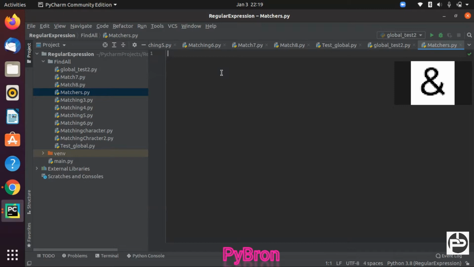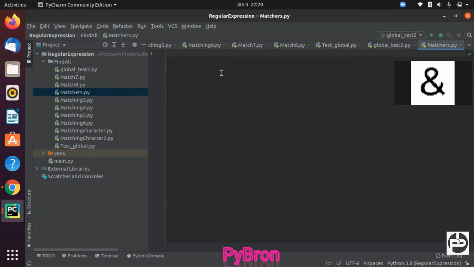Once you install Python on your local machine, re is installed automatically, so there is no need to install any other library. We had already shown you the four important functions: findall, search, split, and sub. These are the four basic functions we discussed in my first video.